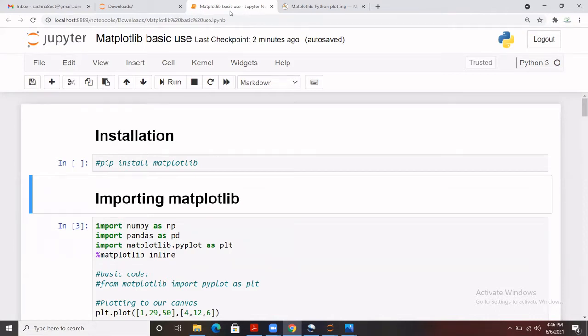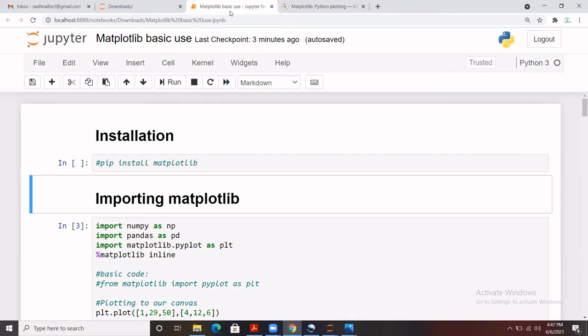There are n number of libraries available for data visualization, and we can create very good visual impact for our data, so that we can have a clear idea of what our data says. Sometimes people do analysis using pandas and do not visualize their data. It is very tough to get the information in the form of numbers. So it is better to use some visuals, so that we can have a clear idea of the behavior of the data and how our data is distributed. I'm going to begin so that we can further do some projects using data visualization as well.